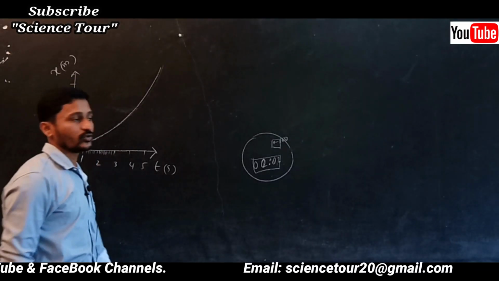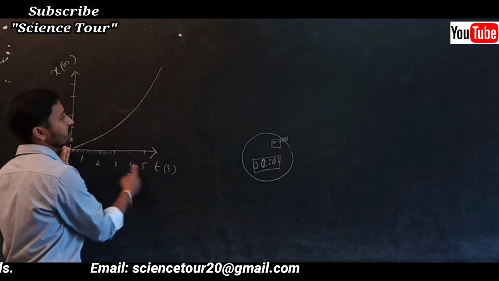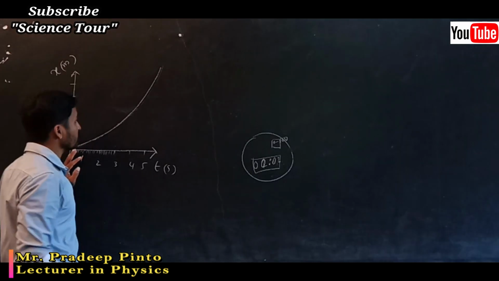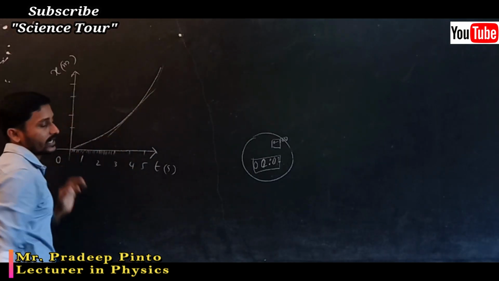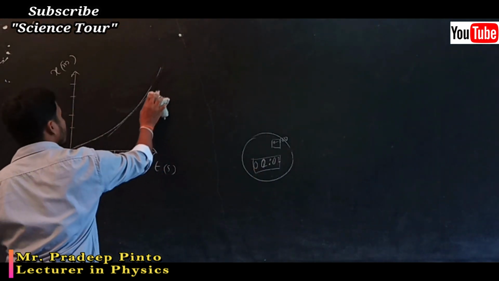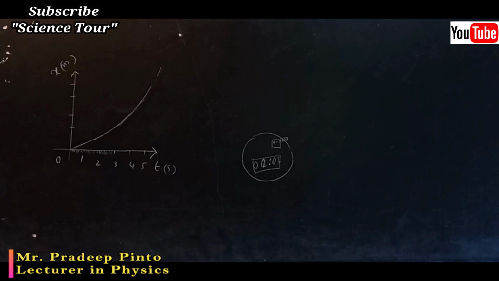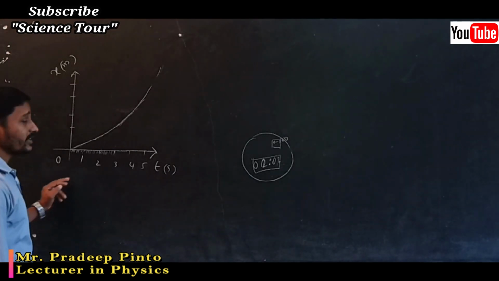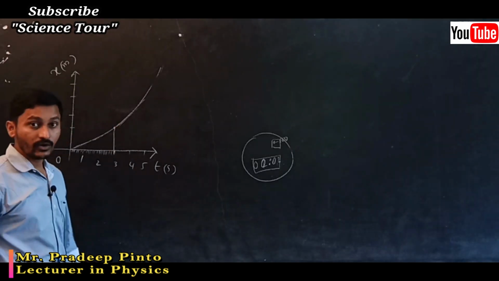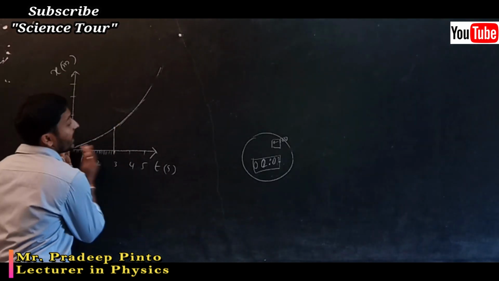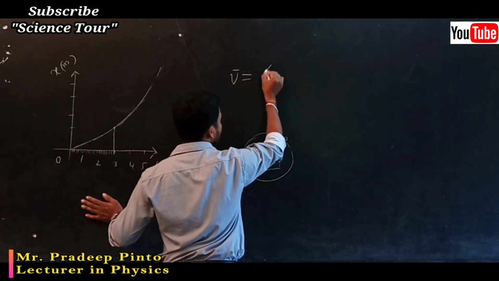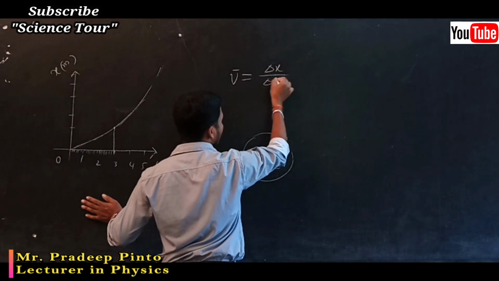Now if I ask you how to find out the velocity? We have to find out velocity by writing the slope, isn't it? So the slope of the position-time graph gives velocity, right? Now what if I ask you the velocity at 3 seconds? Can you find it out? I can find the velocity for a time interval, because what we have written is average velocity, delta x by delta t, no?